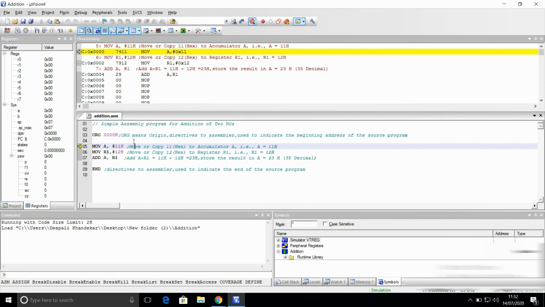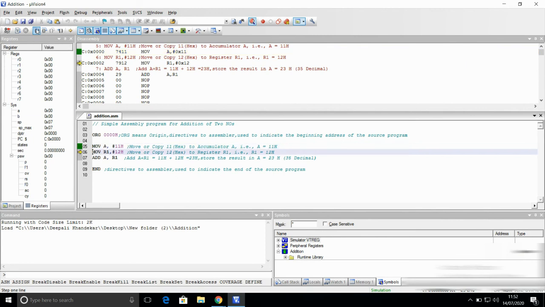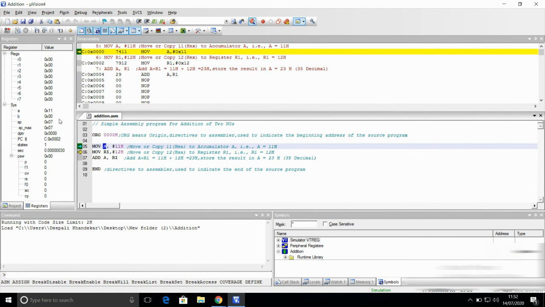So now let us execute this program line by line. Here we have the icon, that is step 1 line. So click it once. As you can see, this yellow arrow is also updated. Program counter value became 3002, and the contents of accumulator A is 11.